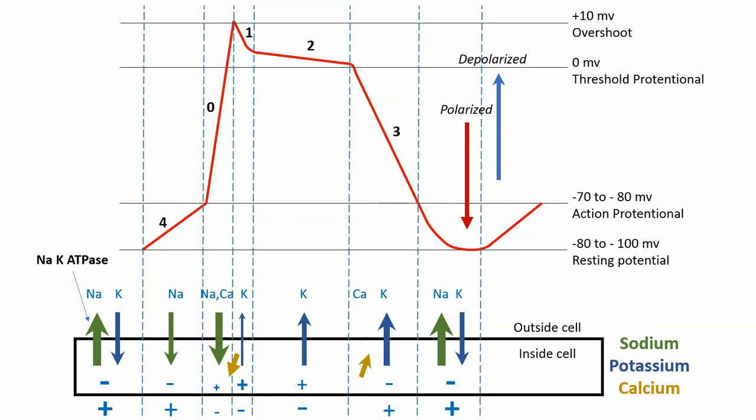In the next video after this, you will directly see how the ions are moving in animation form. Here it is only in pictorial form, but over there you can see how the ions are actually moving from one place to the other. I have used this color code: sodium, potassium and calcium are green, blue and yellowish. Look into that video so that you can be acclimatized for it.